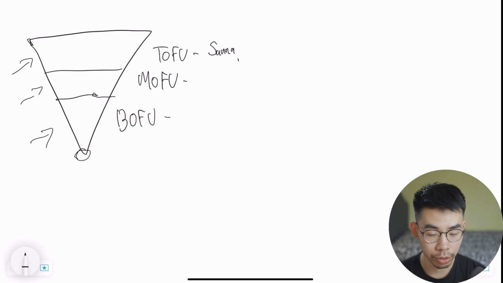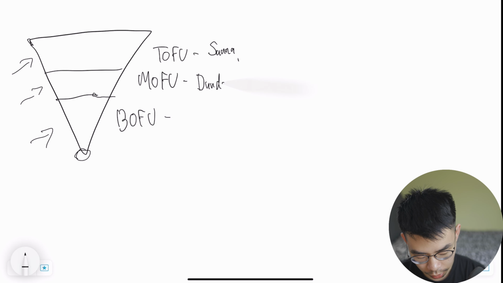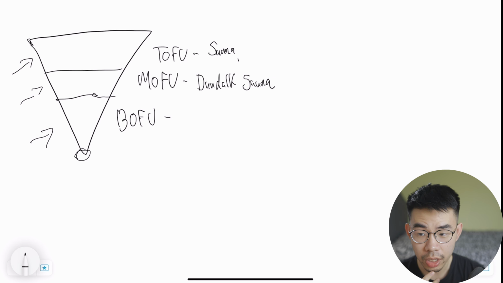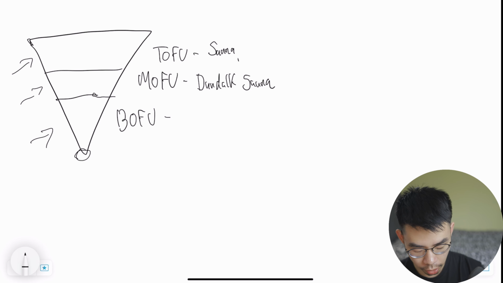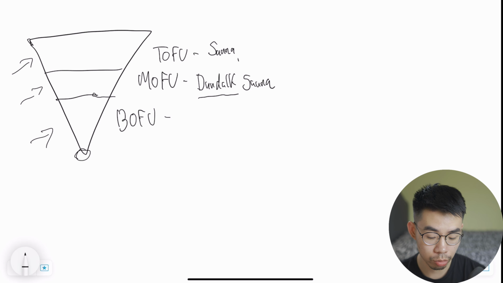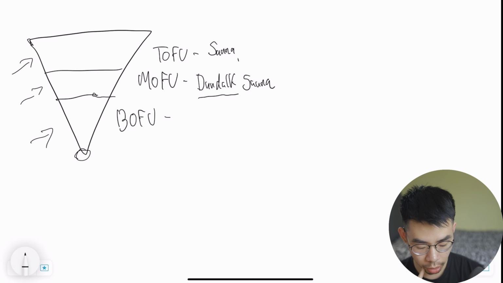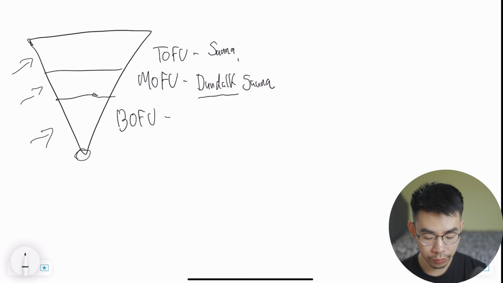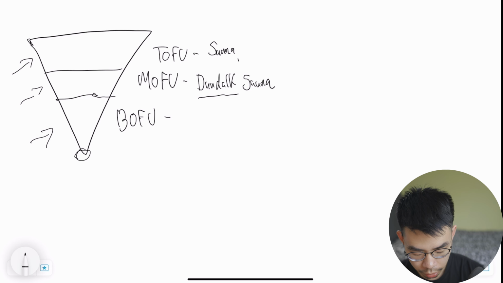Now, the middle funnel is something like Dundalk sauna. Dundalk is the brand of the sauna. And these are people that are already aware of what sauna they want, and they want a sauna made by Dundalk. These are very high intent customers that we can target at the very middle of the funnel. And at the very bottom of the funnel, we can target something like Dundalk two-person sauna,